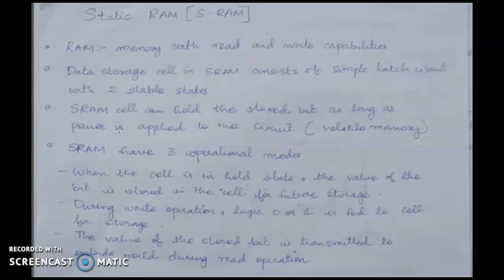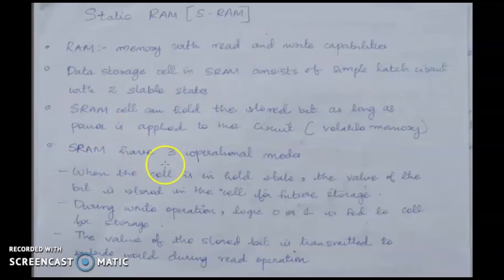We know that the SRAM cell is a simple latch circuit. So as long as the power is there, that stored bit will be present, and hence it does not require any periodic refresh circuit, unlike DRAM. In DRAM we will see that data is stored in the capacitor as charge. So after some time this charge will get leaked and it requires a periodic refresh circuit for maintaining the stored data bit. But in the SRAM, it does not require any periodic refresh circuit.